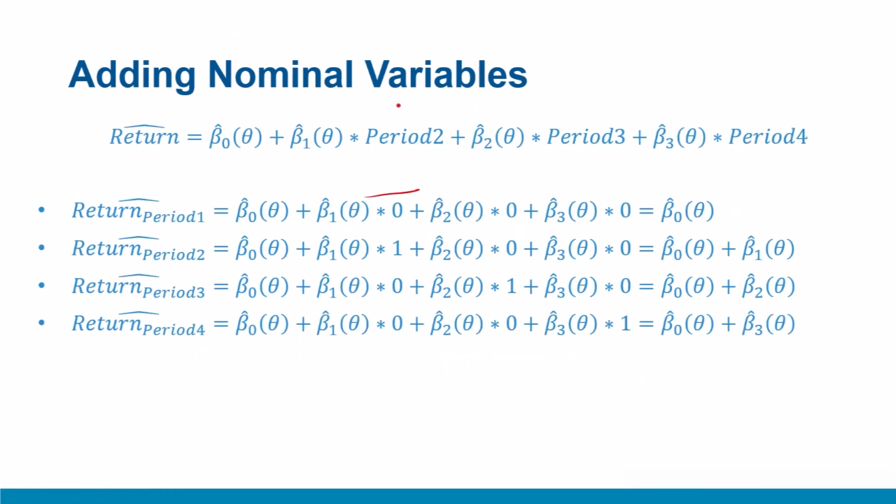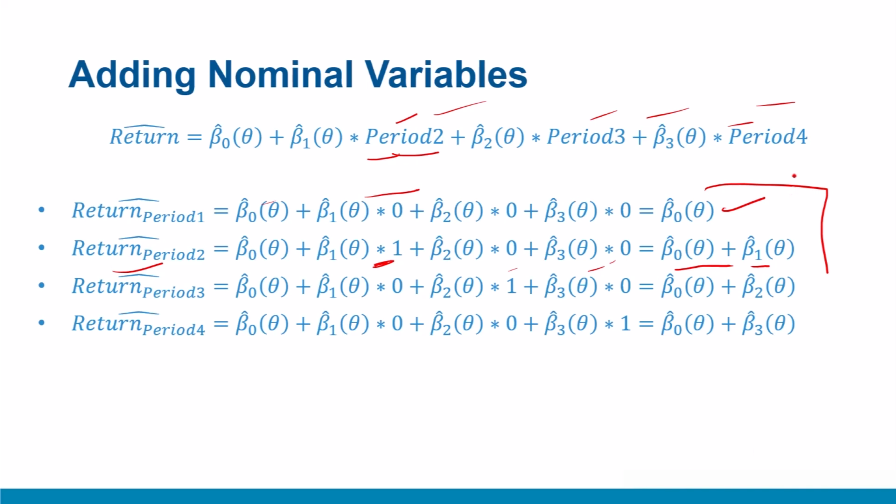So to simplify things, when the period 2 dummy takes a value of 1 and all the other values are 0, then, for example, when all the values are 0, you get the regression as beta naught. This is your reference category, period 1. Similarly, when the period 2 dummy takes a value of 1 and others are 0, your resulting value, beta naught plus beta 1, becomes the return for period 2, and so on. And this is quantile specific now.